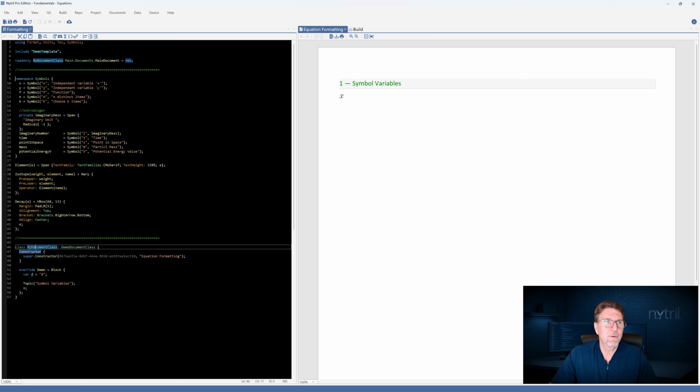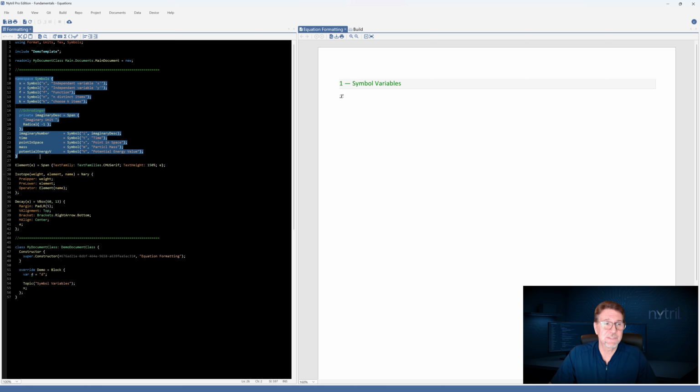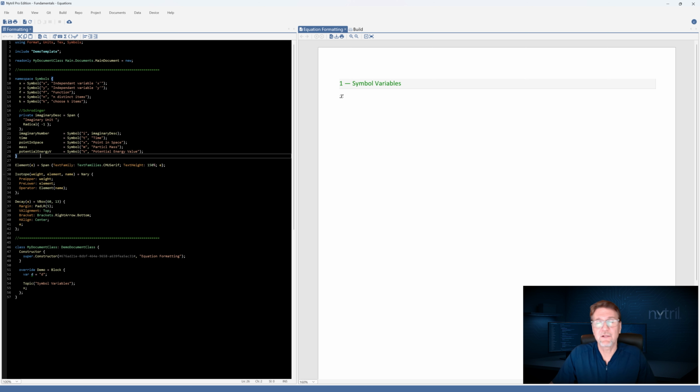The reason that we're setting these particular items aside in a namespace is to illustrate that we might, in some cases, want to make those available across multiple different files that we're using to build out a larger document. And so we want to make those globally accessible and then identified under the name symbols. So we would access anything in this namespace by typing symbols.x, symbols.y, symbols.imaginary number, anywhere in this application.